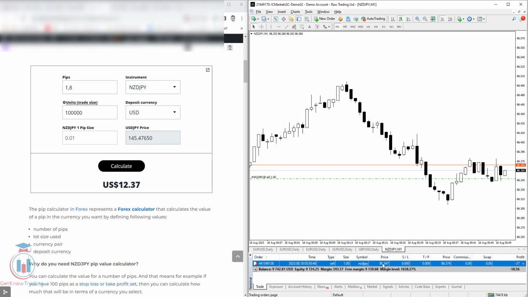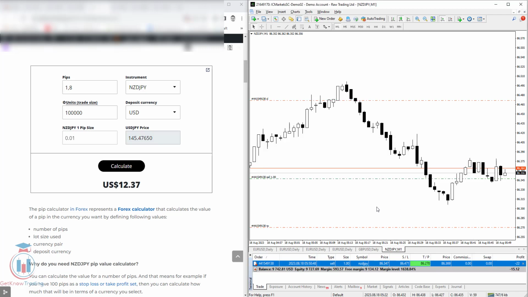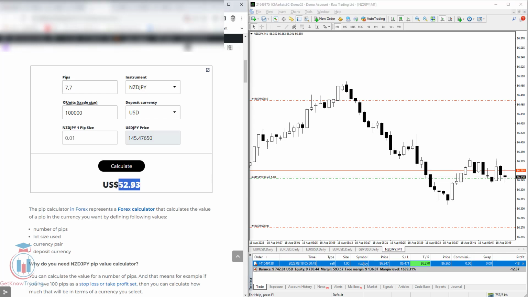If I, for example, change this trading order and set here a stop loss and take profit with 10 pips, you will see that I will have 7.7 pips, which will be equal to 52.93. When I put this one here, I get 52.93, the same value that I have in the trading platform, which means that you can use the pip value calculator to calculate the take profit and the stop loss before opening an order. So you can see if the number of pips in the deposit currency, which is US dollar, is